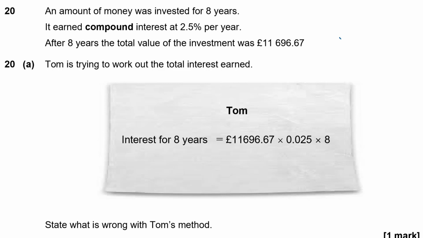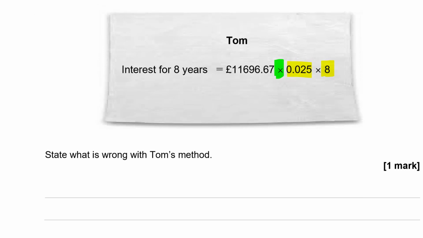Now, it'd be probably easier to ask what's right with it, because this is just all sorts of wrong, really. Where do we start? Firstly, he seems to be trying to find simple interest, because it's just taken a flat percentage and times it by 8, which is what you would do if it was simple interest, but actually he's then timesed it, so that's another error with it. So he's not got a lot of it right here. Now there's actually only one mark available, so you only really need to state one of those things to get the mark. So I'm just going to write down